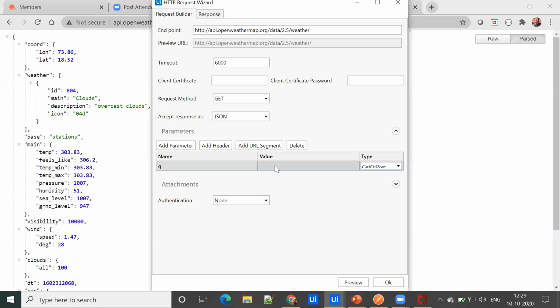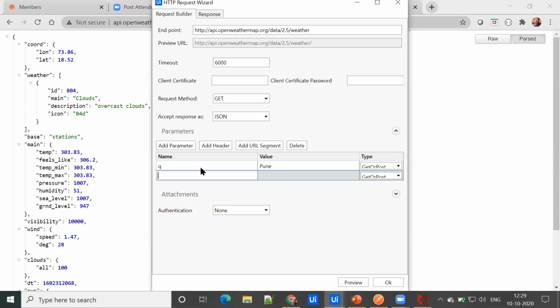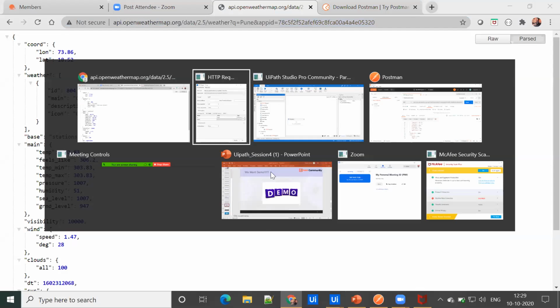Q, and the value of Q is the city, let's say Pune. We have to add one more parameter, which is app ID, right? So click on add parameter, copy this and paste it here.